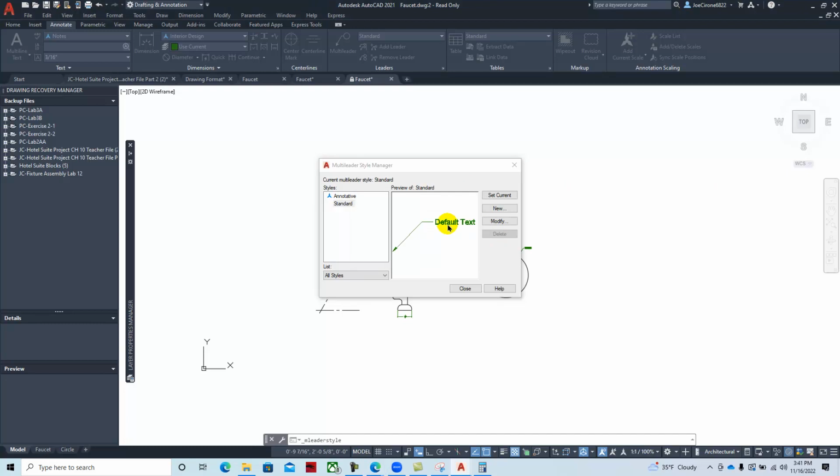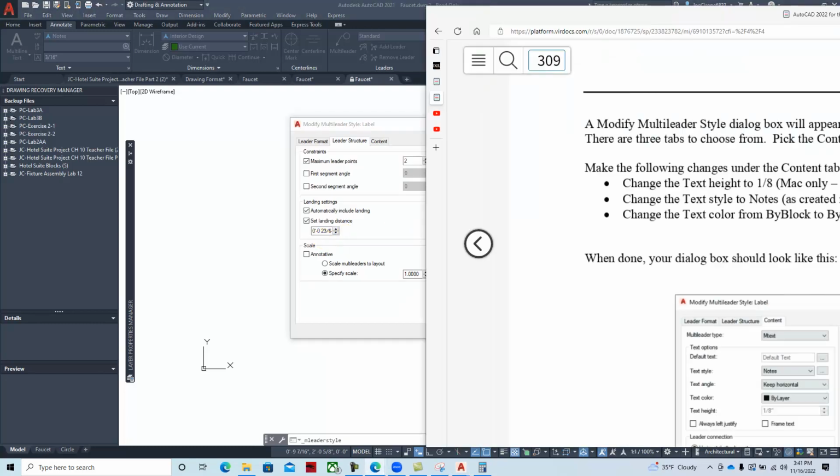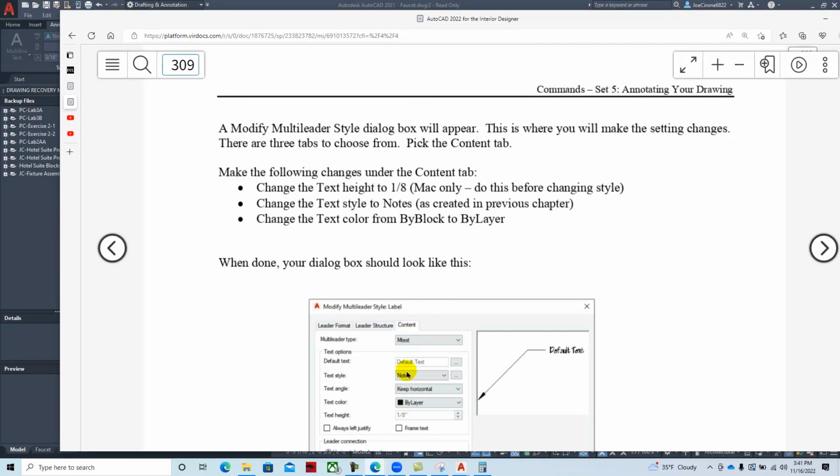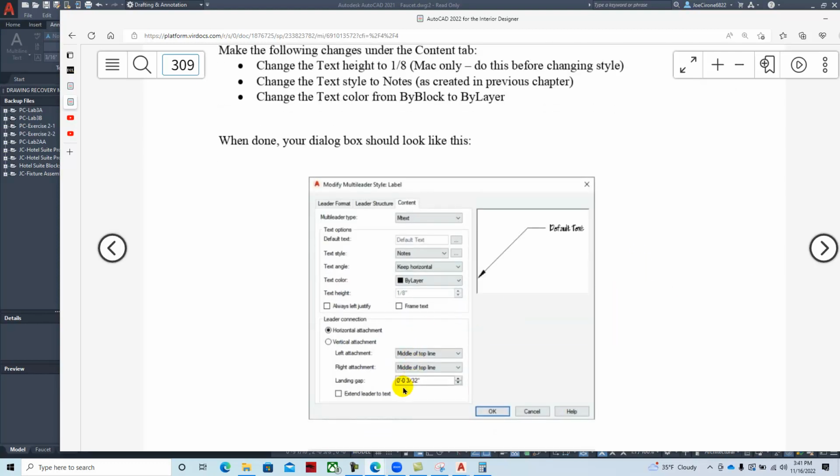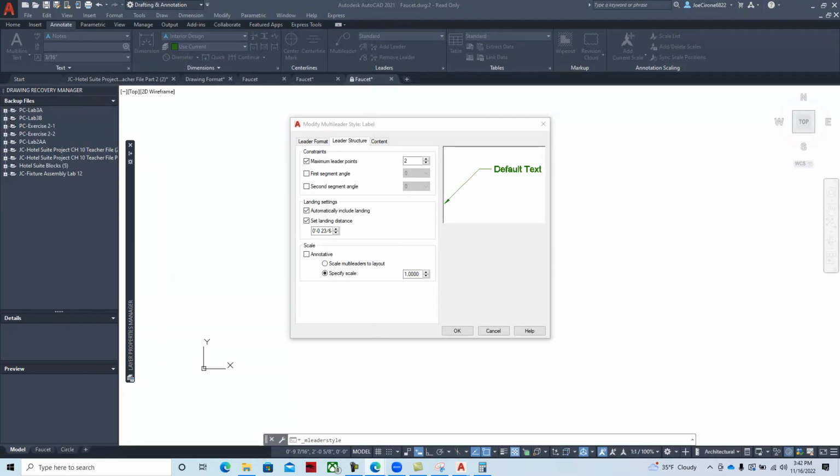We say continue, and then we just go and set it up the way they have it. M-text, notes, horizontal, etc. Everything is by block. And so here's our leader structure. And so here's content,